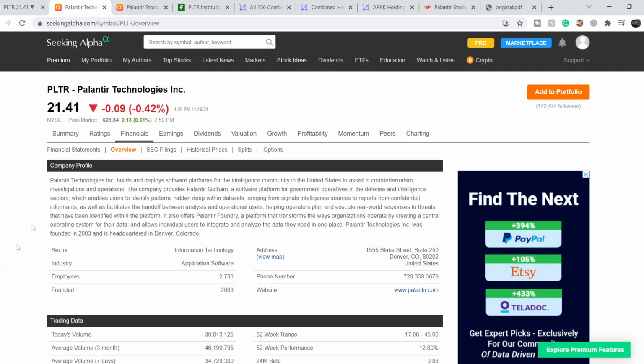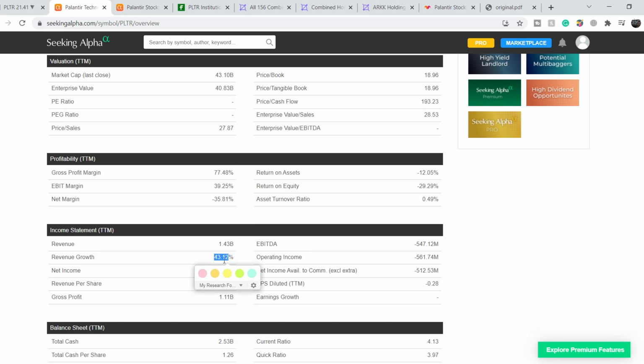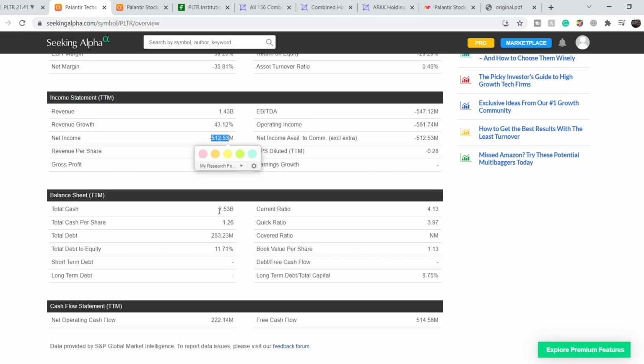with the fundamentals. First of all, let's take a look at their numbers. This company has a total market cap of $43.1 billion. They have a revenue of $1.43 billion with revenue growth of 43.12%. So a lot of 43 numbers. Then they have a negative net income of $512.53 million and they have a very strong cash position of $2.53 billion. Again, 53. So let's continue. They have a total debt of